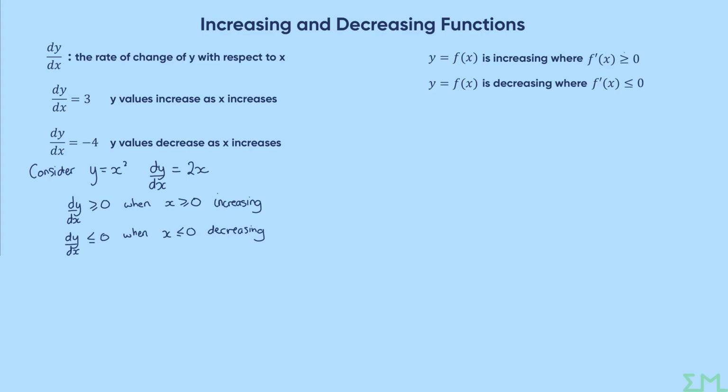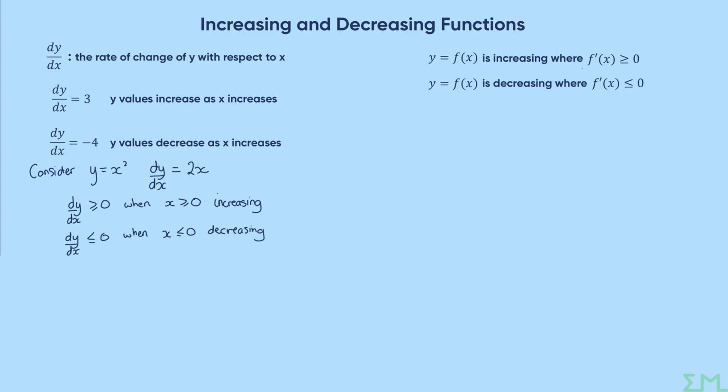There's one more thing to note about this. You might be thinking, but why we equal 0 for both increasing and decreasing? Surely it's just greater than 0 and less than 0. And yes, if it is just greater than 0 or less than 0, then we actually say that it's strictly